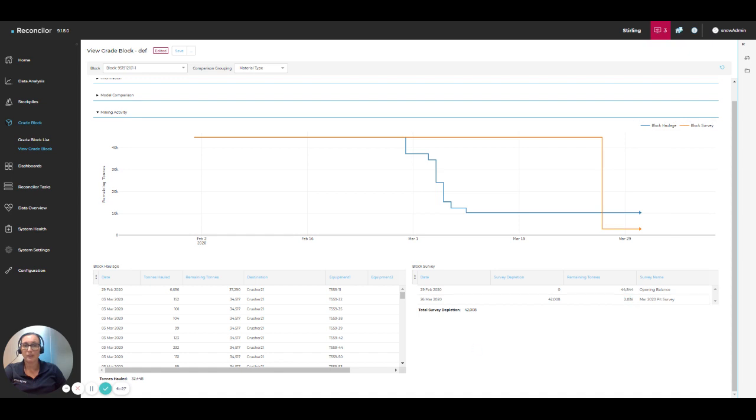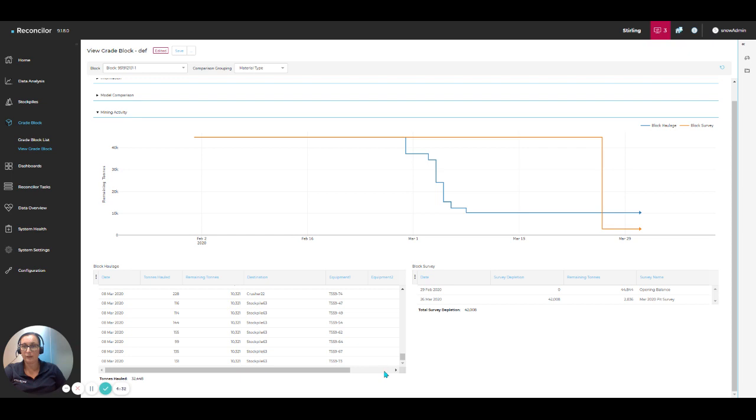And we can see the numbers are supported down below. If we go down, we can see we've got 10,000 tonnes remaining. Because I've said no grouping, I'm given every single truck movement. So I've got a truck ID associated, the tonnes that were hauled and the destination where that material has come from. So it's very quick to see if you've had material go to the wrong destination on a block,